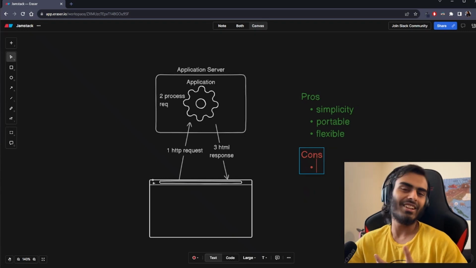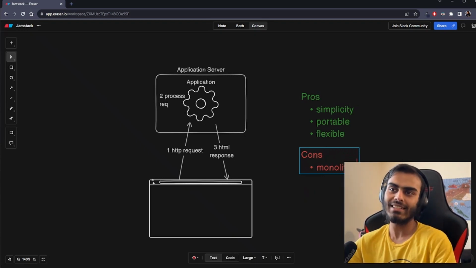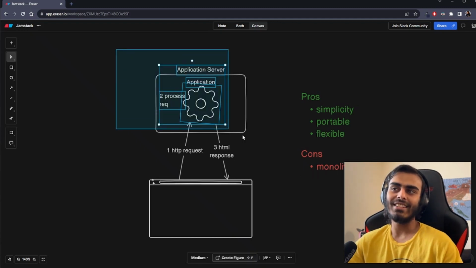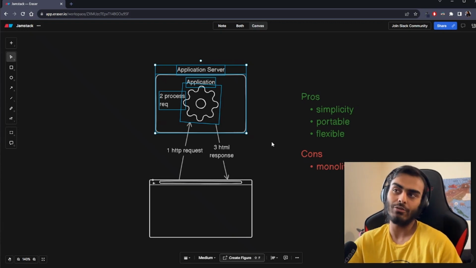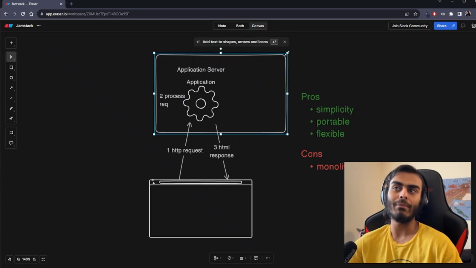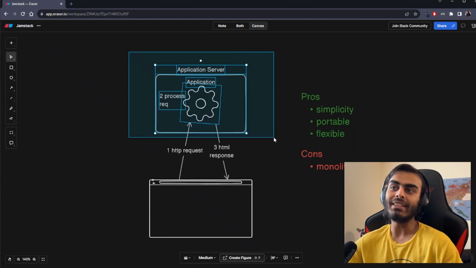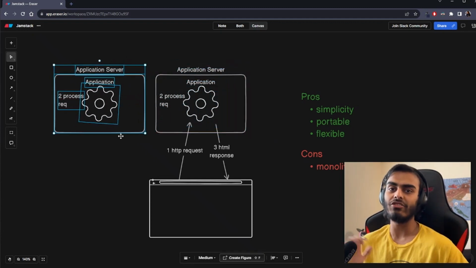But obviously it doesn't come without cons because every architecture is a trade-off. So the biggest one is that it's monolithic. It's a single process running inside a single server, which means it's going to be a little difficult to scale up or to scale out. Obviously, you can just keep expanding your server and keep buying better and better hardware, but you're going to hit limits very soon. So the most common thing that we do is replicate it or horizontally distribute it so that